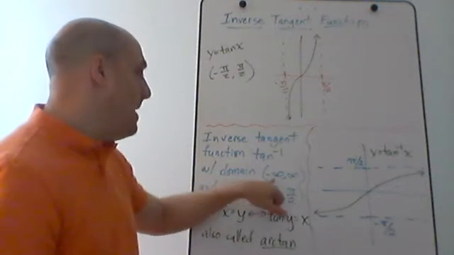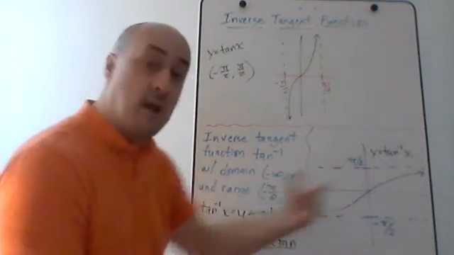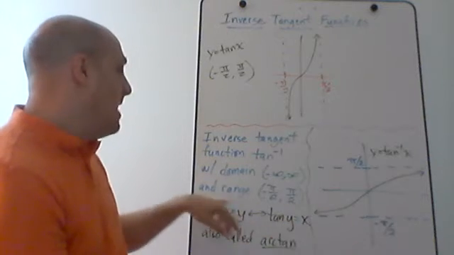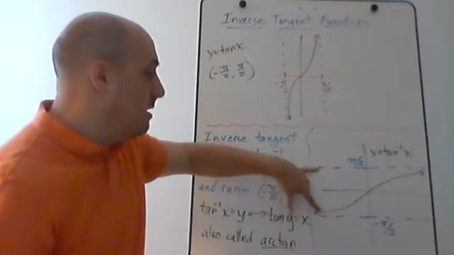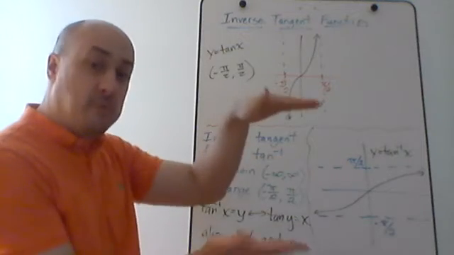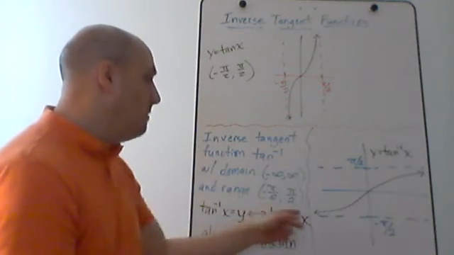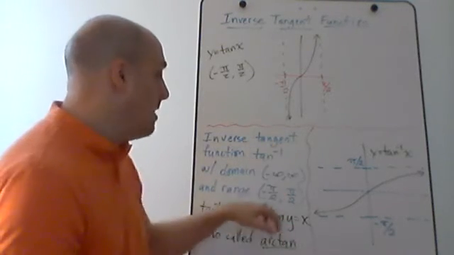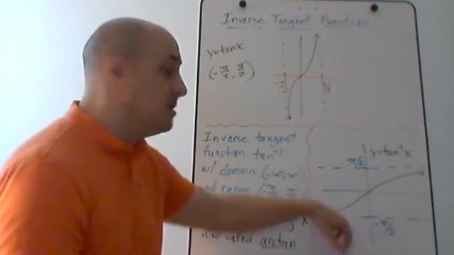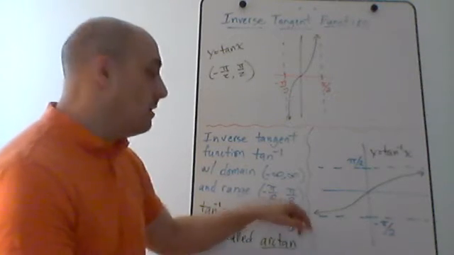It has domain negative infinity to infinity, like we talked about. This graph goes to the left and to the right, both directions forever. And it has range negative pi over 2 to positive pi over 2. Those are the two horizontal asymptotes, and the graph is completely contained within them. Notice the pi over 2 numbers here have parentheses, not square brackets, because the graph never actually reaches and never touches those asymptotes,